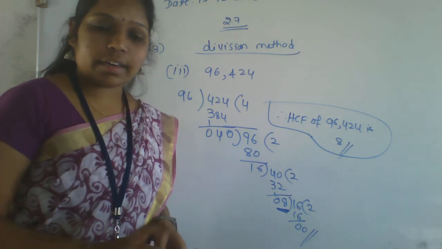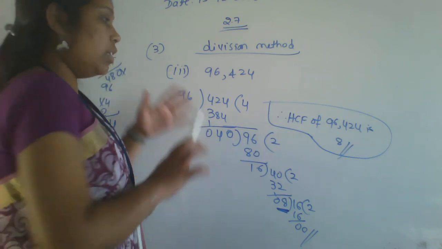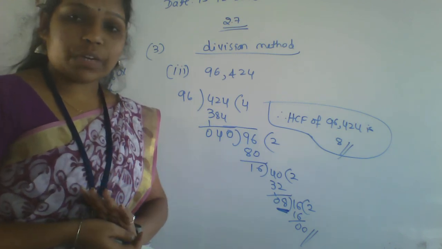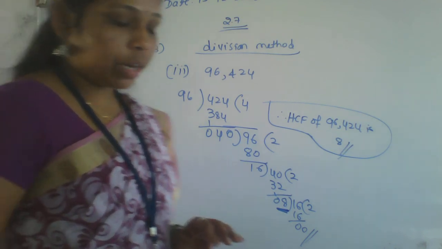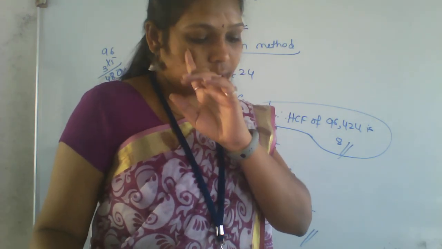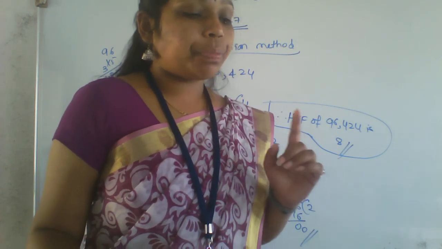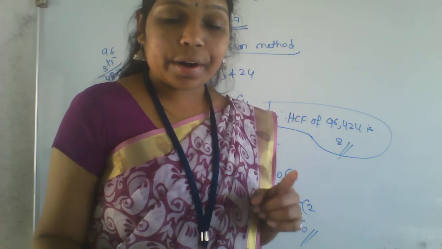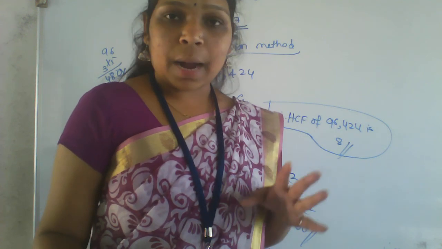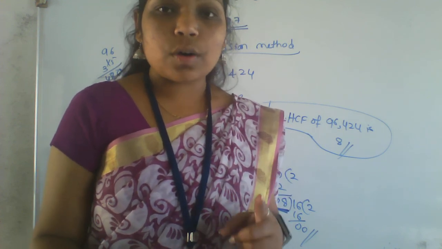Did you get what I am saying here? The other problems in the third main, do it yourself. This is called the long division method. I hope everyone understood the long division method as well as the prime factorization method. In the next class we'll solve the fourth, fifth, sixth, seventh and eighth ones. Homework is to solve exercise number 2.7, first main, second main, third main. Up to third main you have to solve as homework, exercise number 2.7.